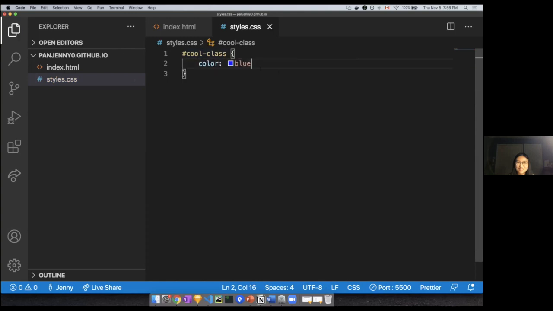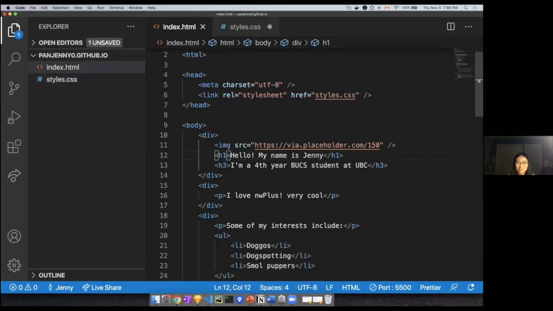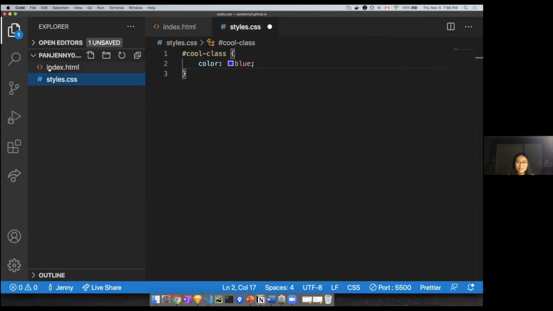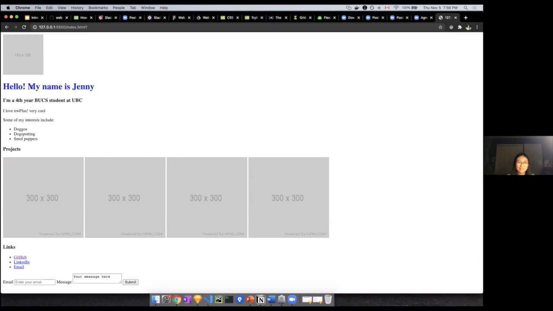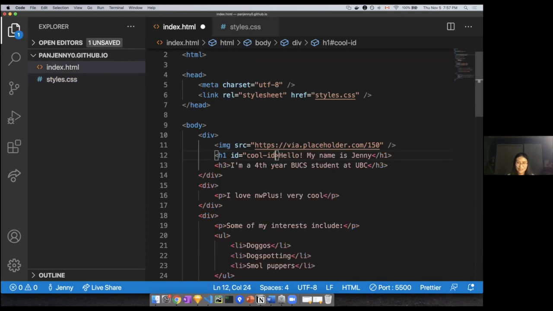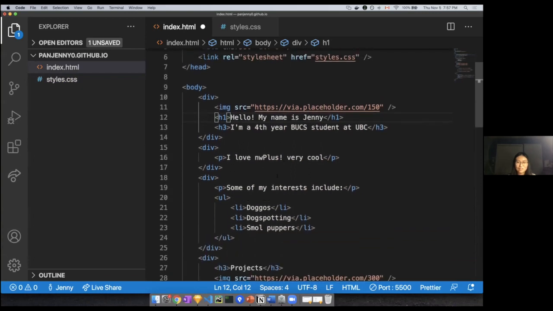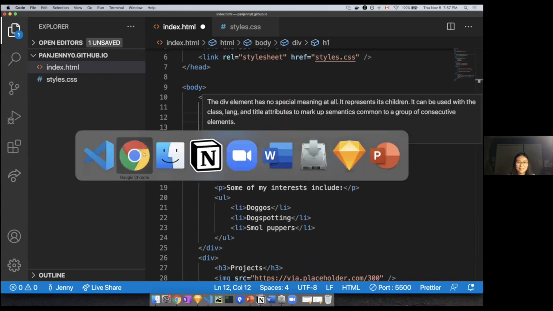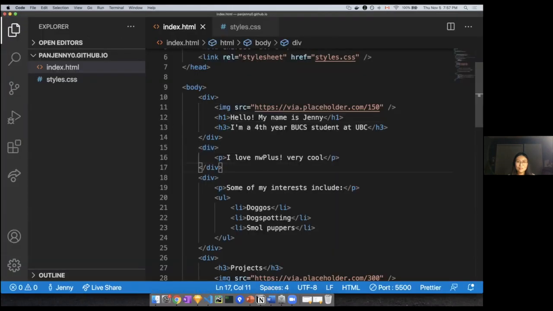So if you say blue and then you put in ID equals cool ID, let's just change this to ID. You'll see that this H1 heading turned blue. So this is just demonstrating how you would selectively style different types of things. In terms of the actual styling, we won't actually start styling our portfolio, but we're